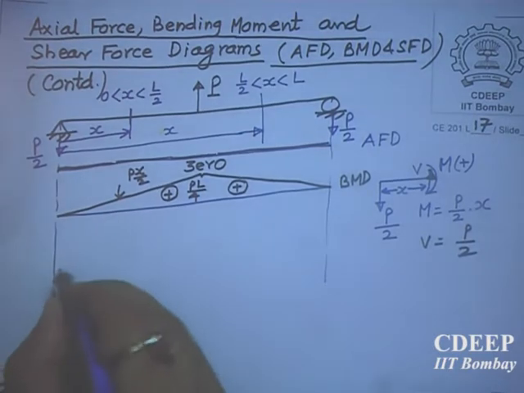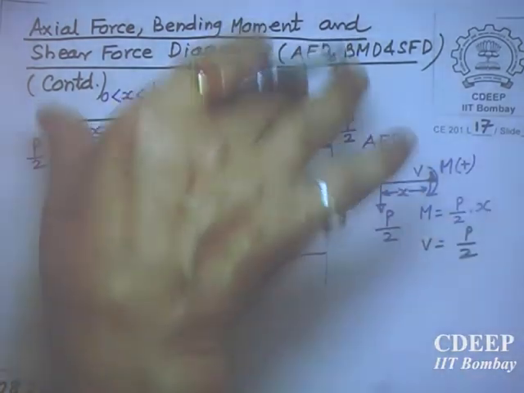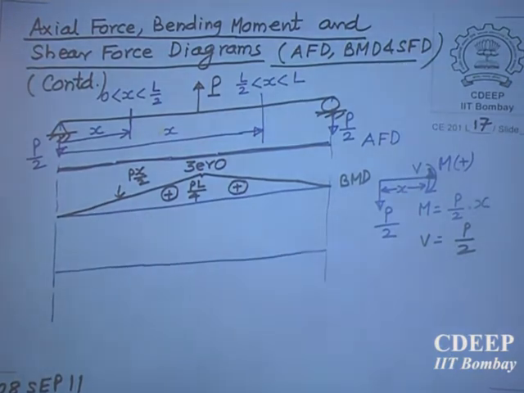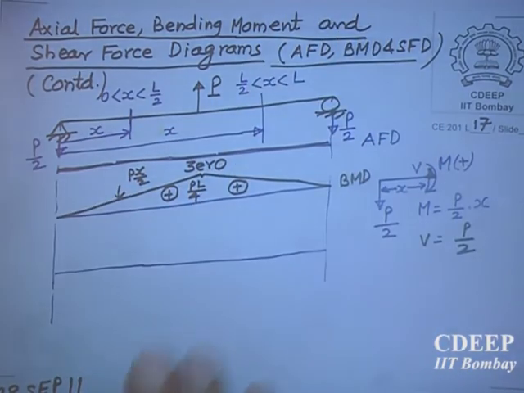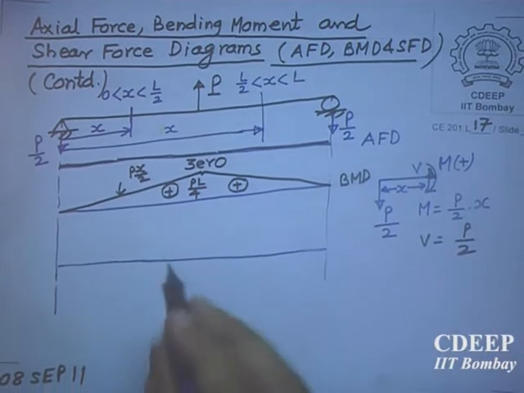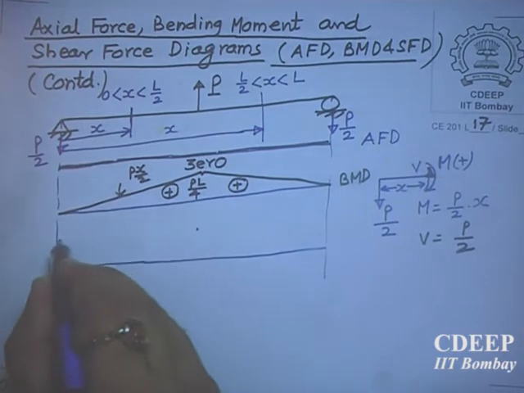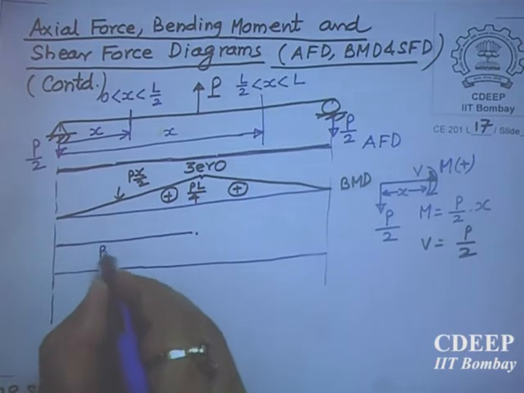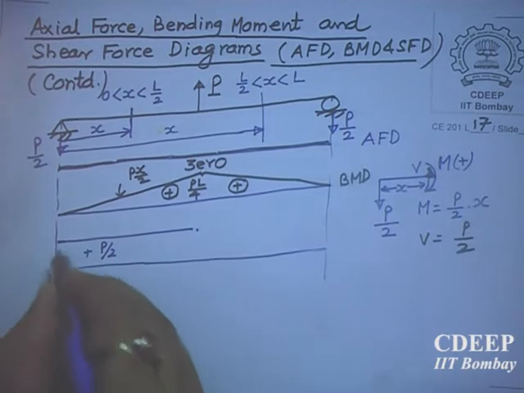So please draw these diagrams not anywhere, just below the beam. First you draw the beam and then draw a line like this, and just below it you please do the calculation on the side or on the next page and draw these diagrams like this. So here again you have got positive P by 2 up to the center, constant up to the center. This one is P by 2, measured from here.